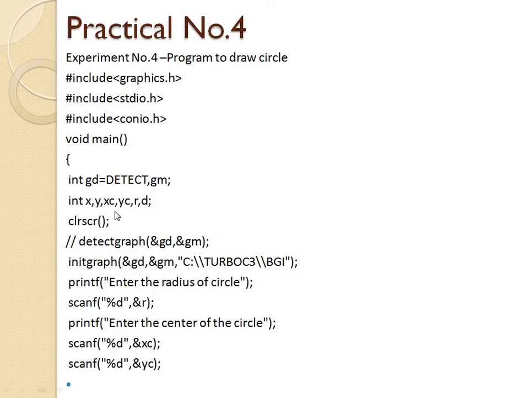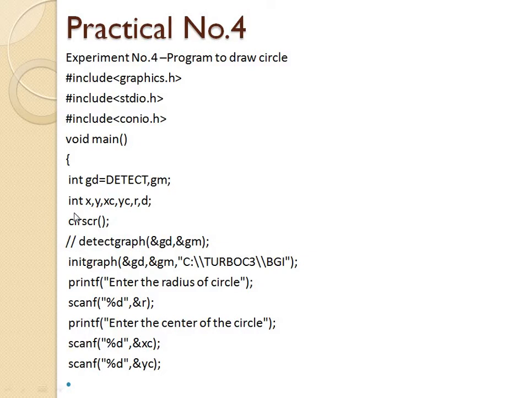Then the graphics mode is used. In every program we write in text format, and by using this graphics mode we convert the text mode into a graphics or output mode.